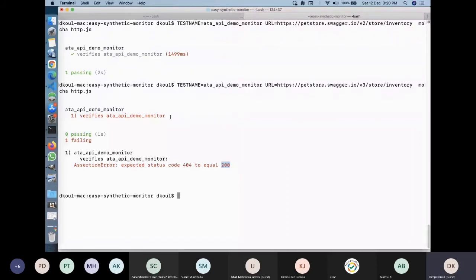So think about a scenario where this test is running in your Jenkins every 5 minutes. Every time your API endpoint is down, you will get notified as soon as this fails. That is actually great data to have as a tester when you have an application backed by microservices.